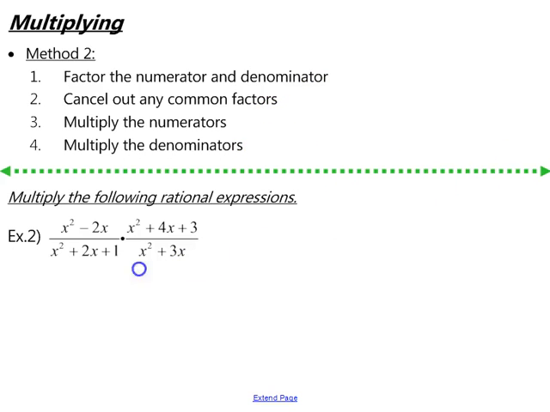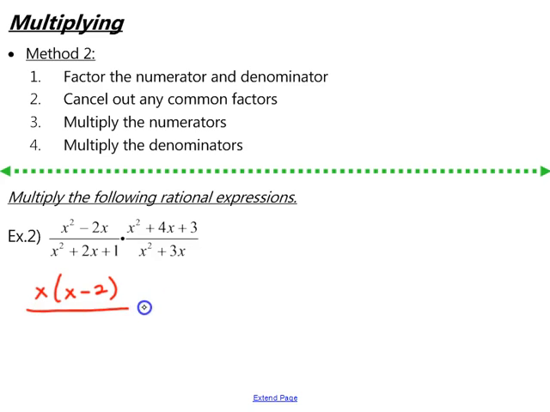So let's go ahead and try method 2 with this problem. We want to factor the numerator of each and the denominator of each. So here, x squared minus 2x, we can factor out a GCF of x. So we're left with x minus 2